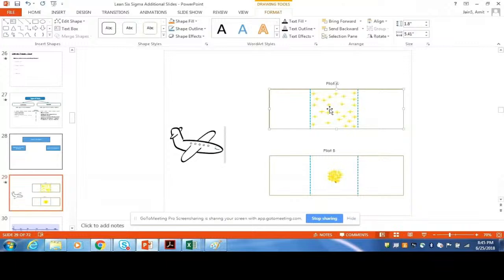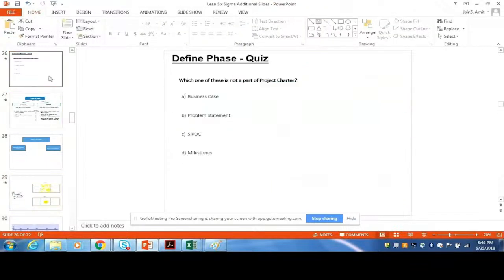There's too much variation. Every time he's landing, sometimes he's landing here, sometimes he's landing here. He's all over the place. So there's a big problem with the variation, a big problem with the measure of dispersion. So we know that the treatment for pilot A is looking at the measure of dispersion and reducing the standard deviation. There are only 2 or 3 things that you can do in a Six Sigma project. One is either you can shift the mean, or you can work on the